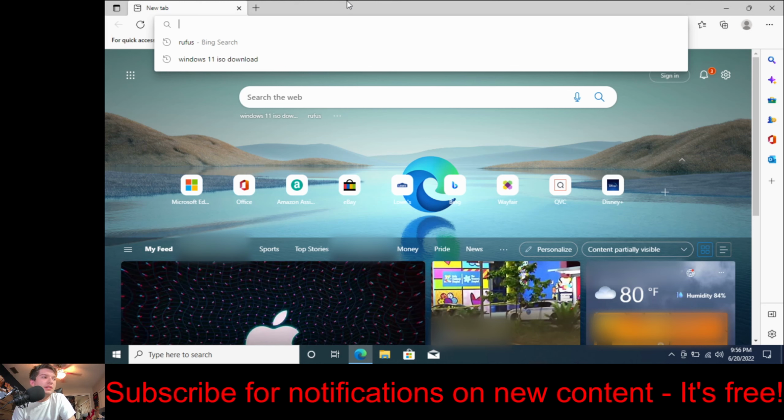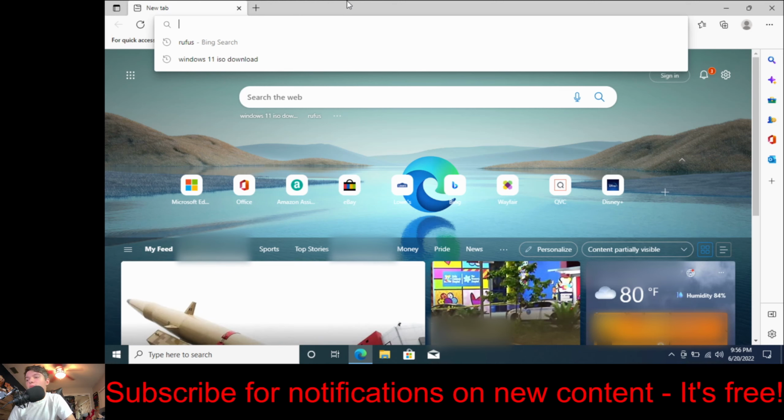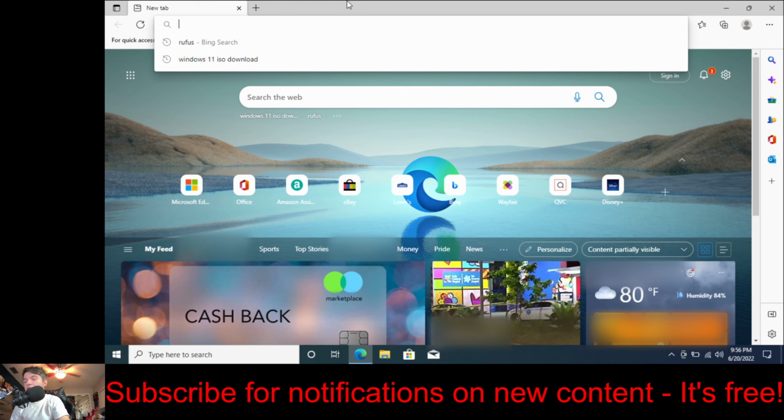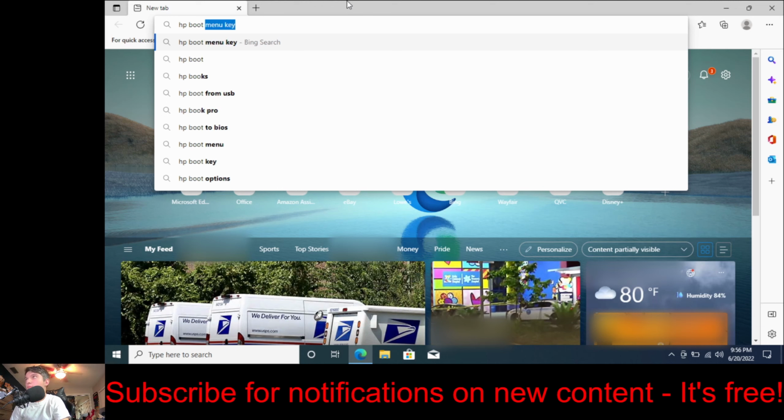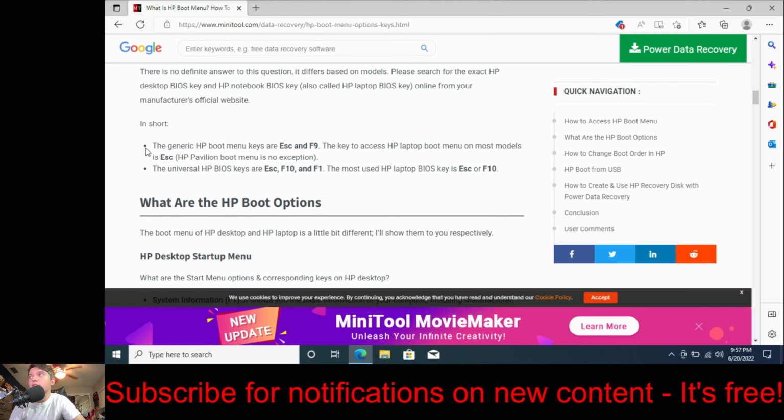or just the name of the computer or the manufacturer of the computer. So for me, I would just look up HP boot menu key. And for many computers, it will be F12. In my case, it is F9, which it pretty much tells me here. The generic HP boot menu keys are escape and F9. For me, it's F9. It may take you a little bit to find out what these boot keys are, and unfortunately, there's not too much I can do because everyone's computer is entirely different and may have a different boot